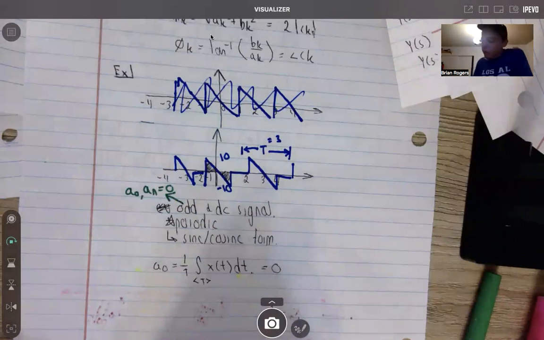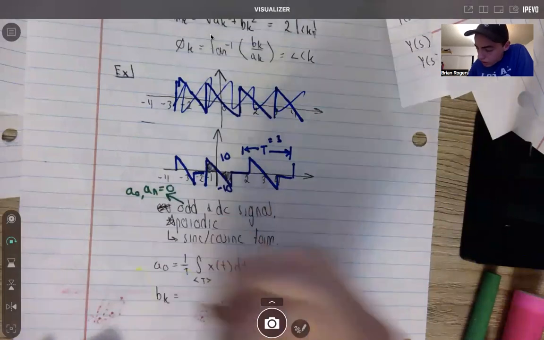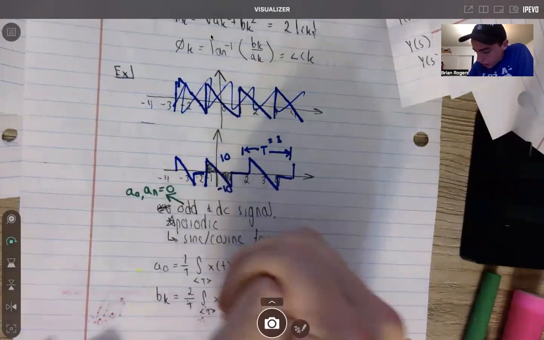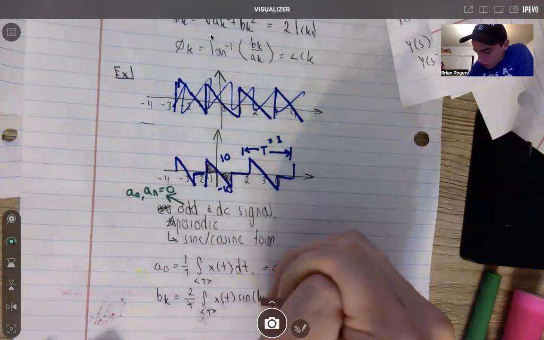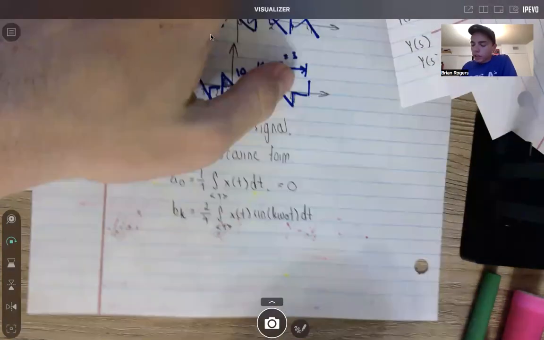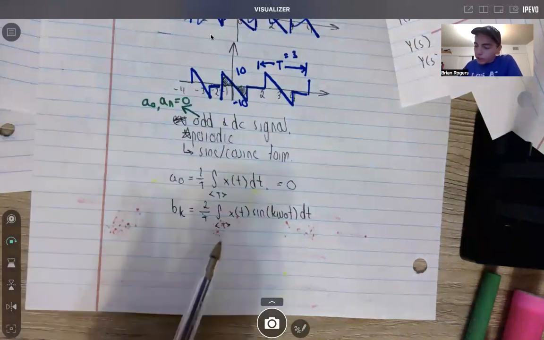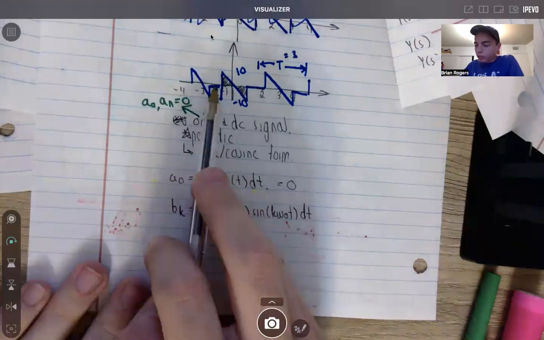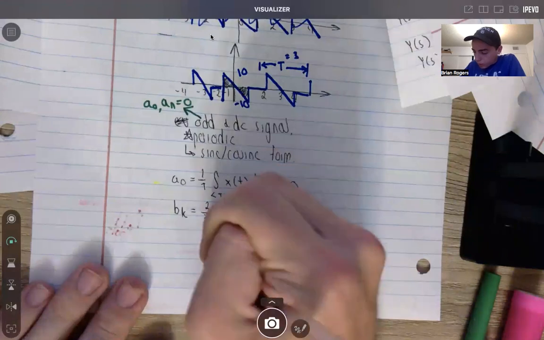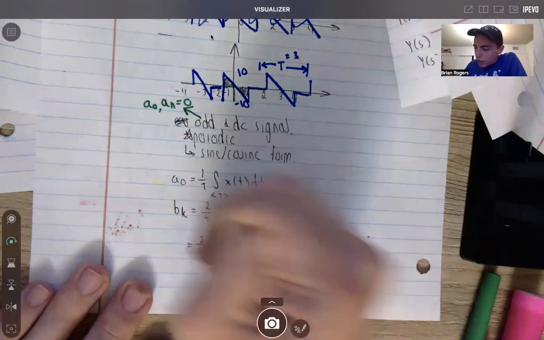But your B of K is going to equal 2 over T over 1 period, X of T sine of K omega naught T dt. What we need to know from here is our X of T within 1 period. Within 1 period here, it's from -1.5 to 1.5, so I can do that for my integral, -1.5 to 1.5. And then 2 over the period is 3. And then our X of T,